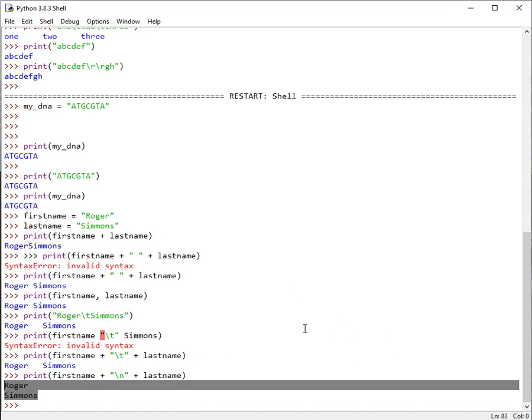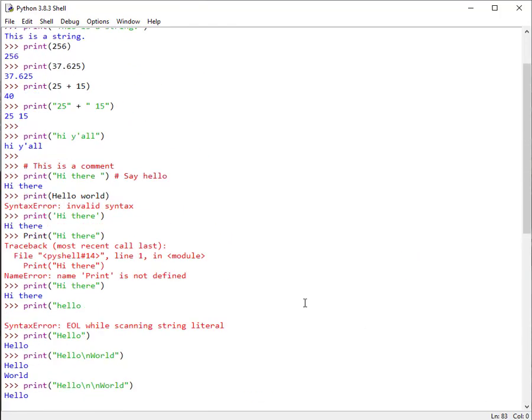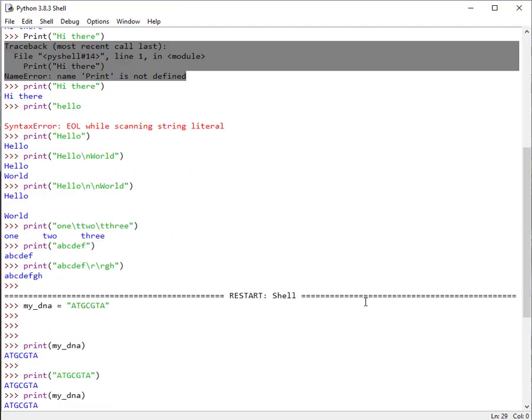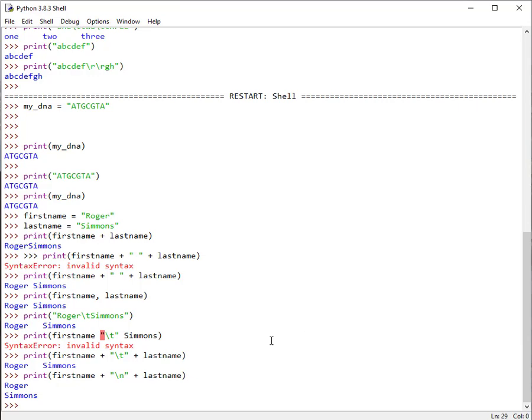Now, this video is already too long. It illustrates some of the basics of printing to the screen, and it also illustrated some of the error messages that you would get and how to take care of those. So let's close this video here, and we'll pick up with some more exciting stuff